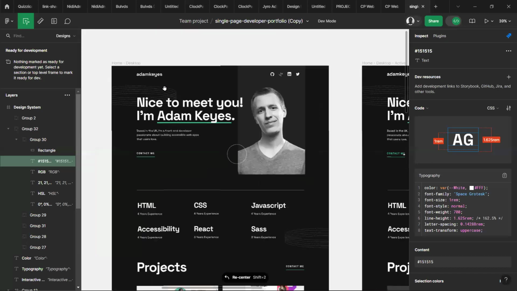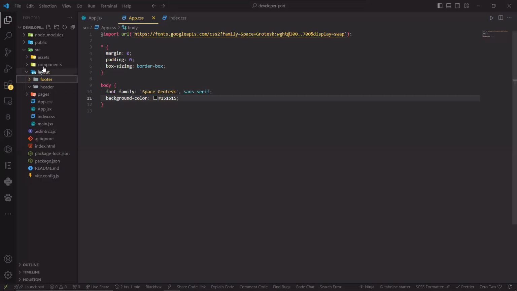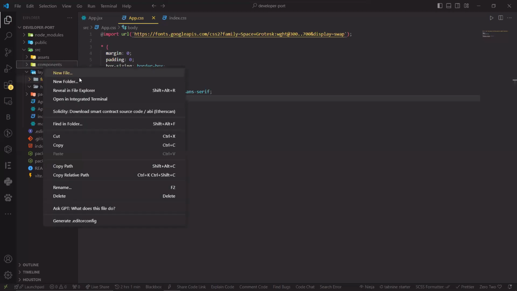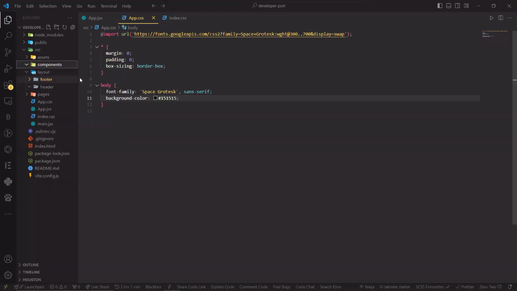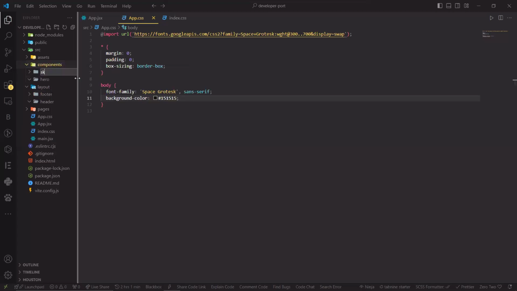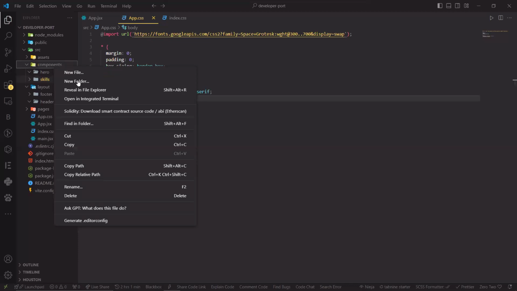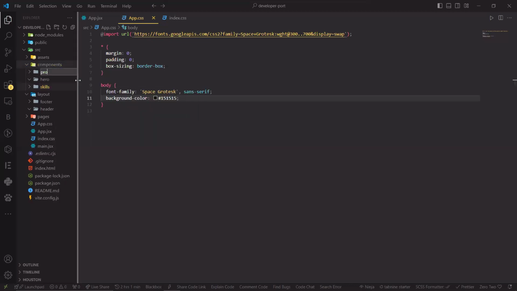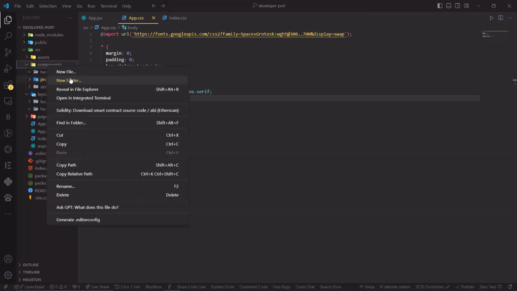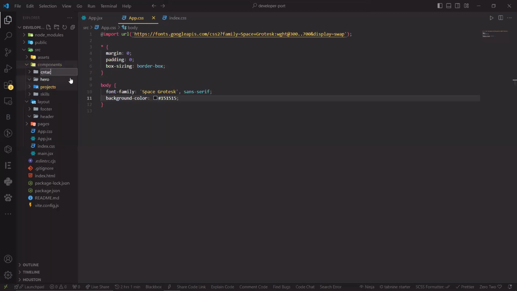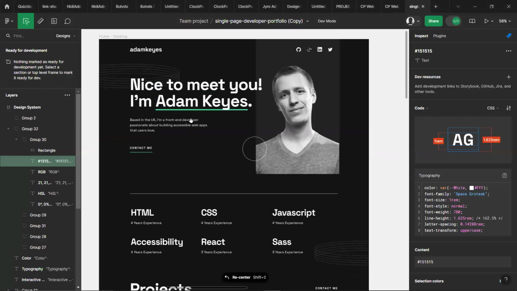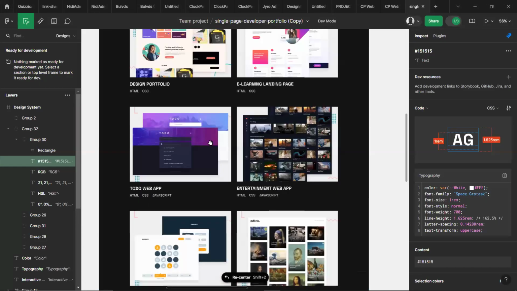So the next thing to do is to go to our component now, and let's create our hero. So folder, we'll create hero folder. Then we also need our skills folder. We also need our projects folder. Then we also need our contact us. So let's do contact folder. Contact. Yeah, perfect. So we have 4 folders now, and those 4 folders are just these sections split into bits,